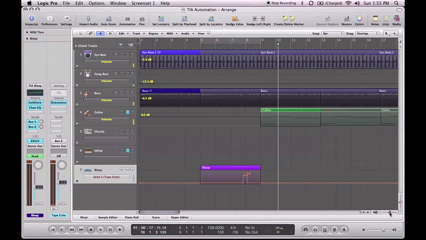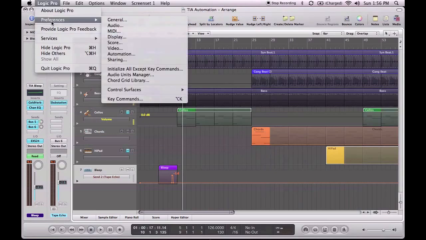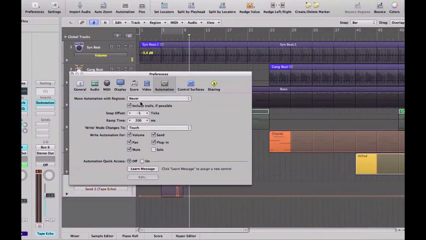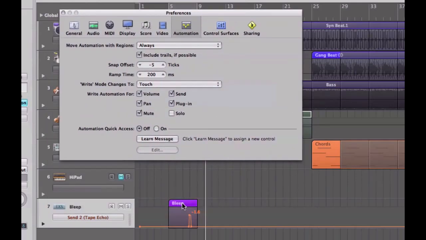Now if I want to move that region somewhere else and I want to keep that automated send with it, how could I do it? Well, first of all, there is an automation preference in the main preferences menu there, automation, and this one at the top relates to how automation is moved with regions. Now I've got it on never at the moment, which I personally find the most useful by default, but I can get it to always move automation,